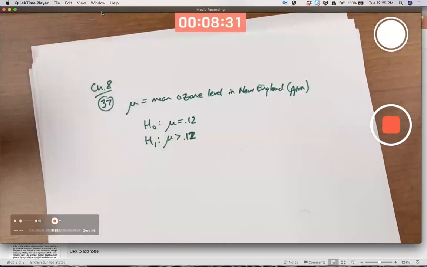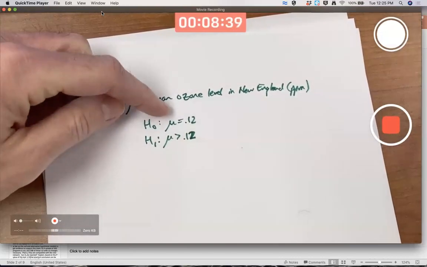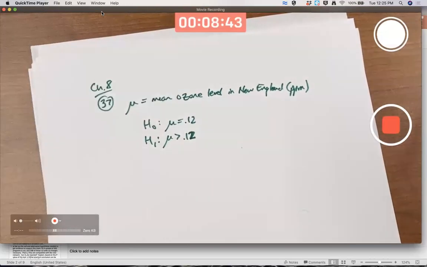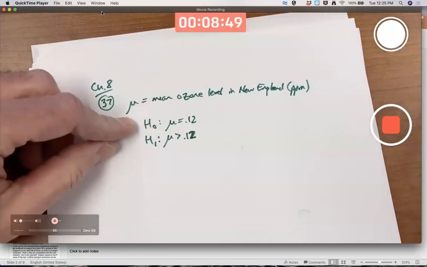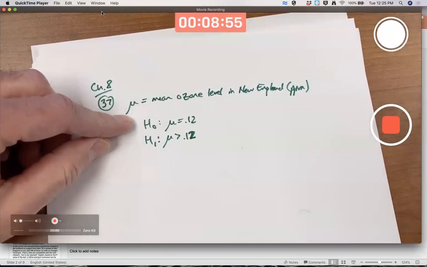The reason is because when you do the test, when you calculate the p-value, for example, you assume the null is true, and it's simplest to go ahead and assume it takes on the boundary value. It's also sufficient to assume it takes on the boundary value because it turns out any p-value you'd obtain for this boundary value is going to be bigger than a p-value you'd obtain from some other value like 0.11 or something.